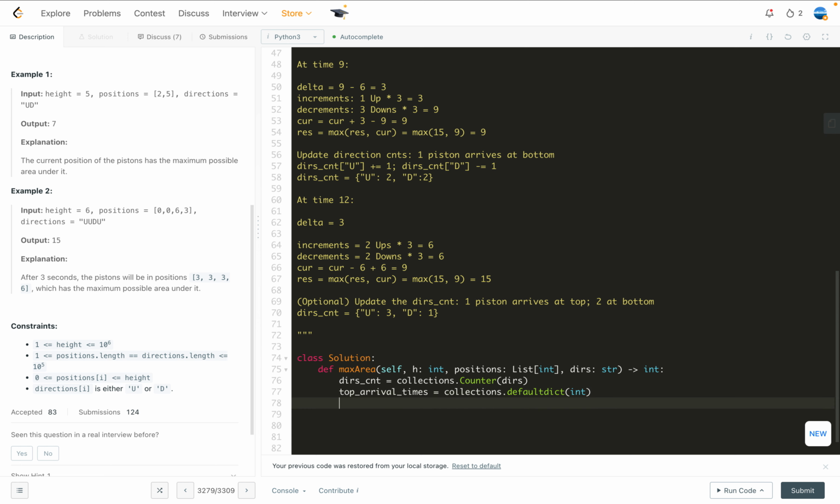So similarly, we will also need to track the pistons which arrive at the bottom, because next second it's going to change direction. So bottom arrival times. We also make it a dictionary, right? So with that done,